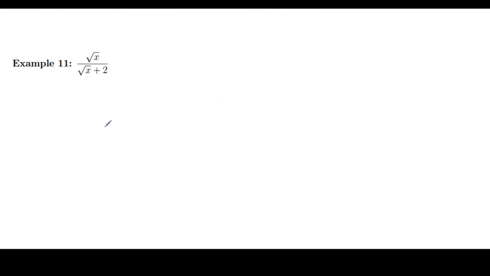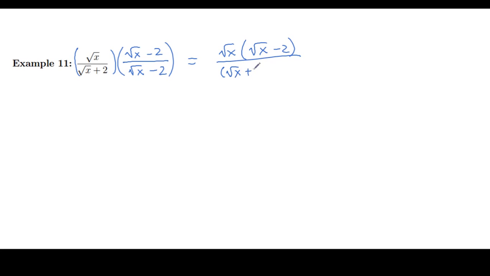All right, so this one, we will do the same trick. We have a root in the bottom, right? We want to rationalize this. So we're going to multiply this whole thing by 1, and we're going to take the conjugate at the bottom, which is root x minus 2. So if I'm multiplying by 1, I have to put the same thing in the numerator, and then now we'll multiply. So this will be root x minus 2, and then the denominator will be root x plus 2 times root x minus 2, and the top will distribute: root x times root x is x, root x times minus 2 is minus 2 root x, the denominator root x times root x is x,